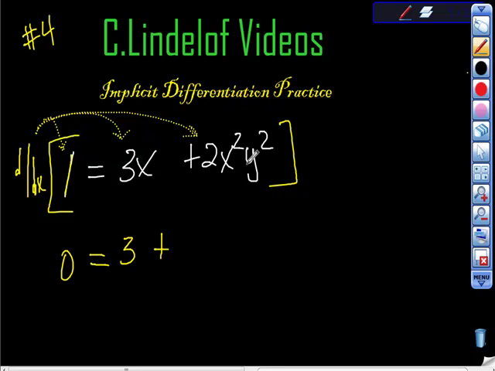But then if you look at this second piece, you can see it has two problems. One, it's a product rule, right? It's this times this piece. And here, this is y squared, so we know we're going to have to take this derivative implicitly. We're going to take the derivative of y, so we're going to have to do so implicitly. So the product rule says take the first part of the function, which is 2x squared, times the derivative of the second part of the function. So 2 times 1 is 2y. Then the derivative of this inside piece, and the derivative of the inside piece is dy